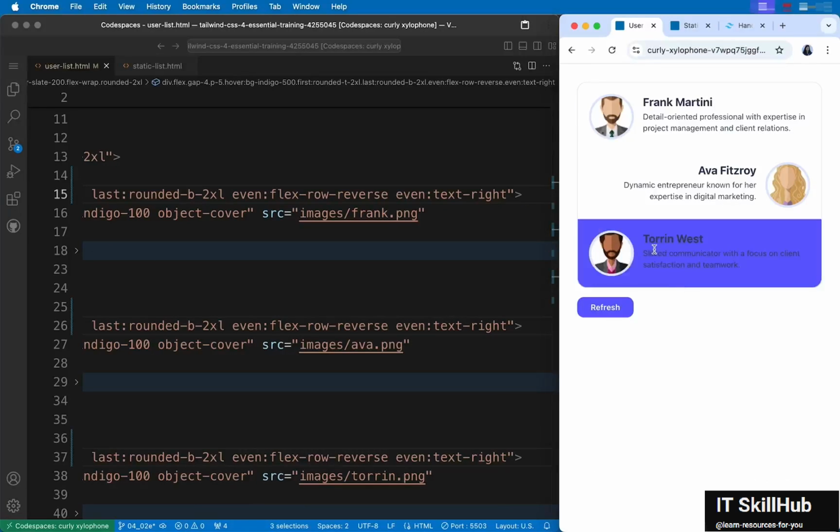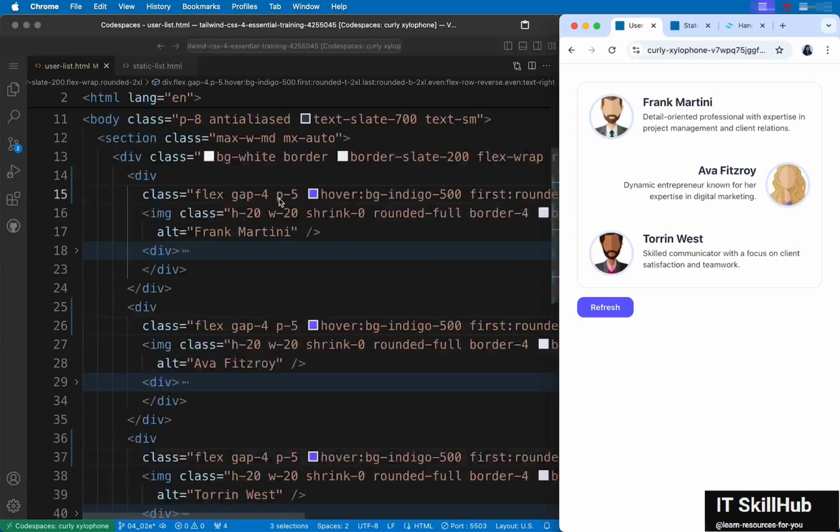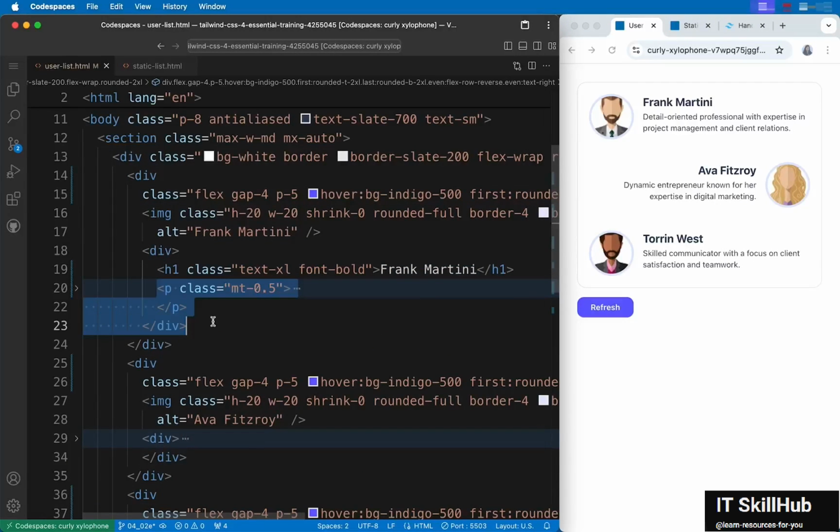Now you might have noticed that the text is too dark on this background, so we will have to change this, which means if I hover on the parent element, that is when I hover on this div, I want to change the text color on H1 and paragraph separately. We can do that in Tailwind using this utility class called group.